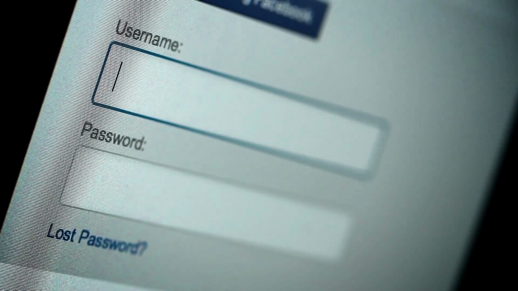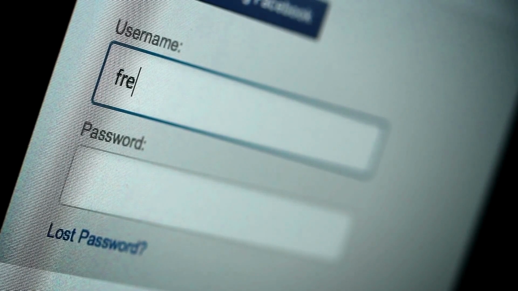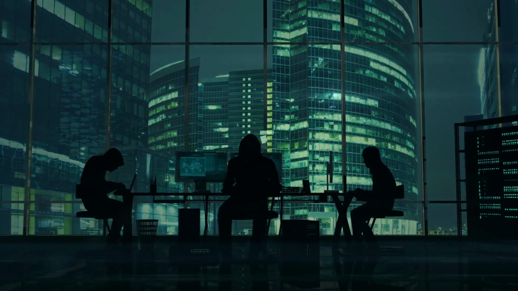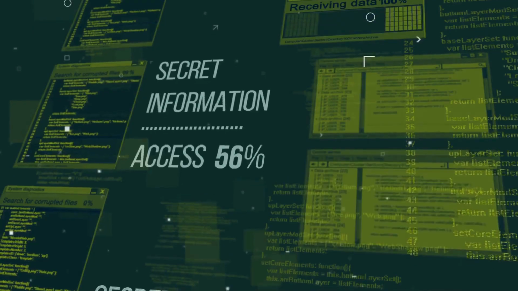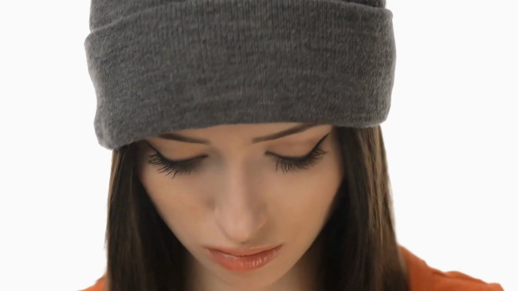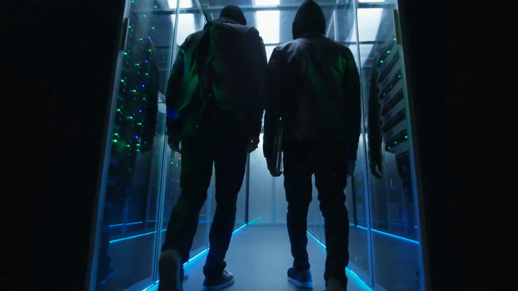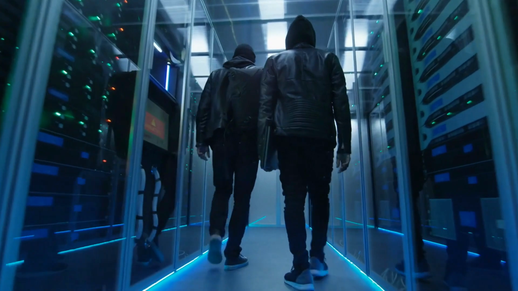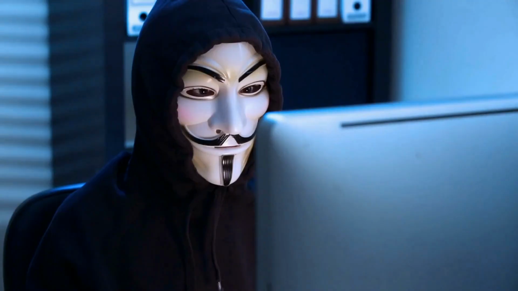Most computers and online accounts have two requirements that you need in order to gain access: a username and a password. With hackers attacking companies almost daily, if not hourly, they're getting lots of usernames and lots of passwords. Many places have you use your email address as your username. And without password shaming you, how many of you are using the same password repeatedly? So, if they steal all the usernames and passwords from company A, and yours is one of them, then they have everything they need to access your account at company B, company C, and so forth.